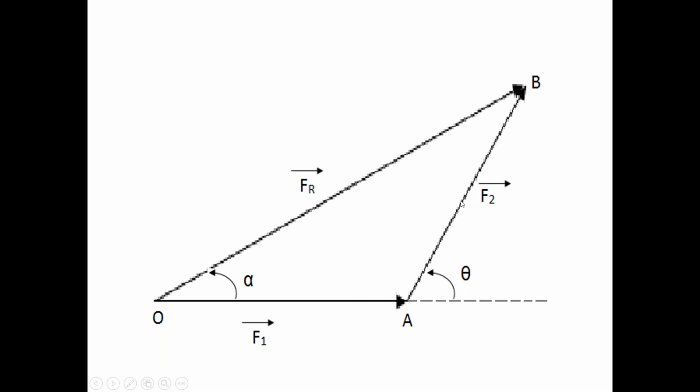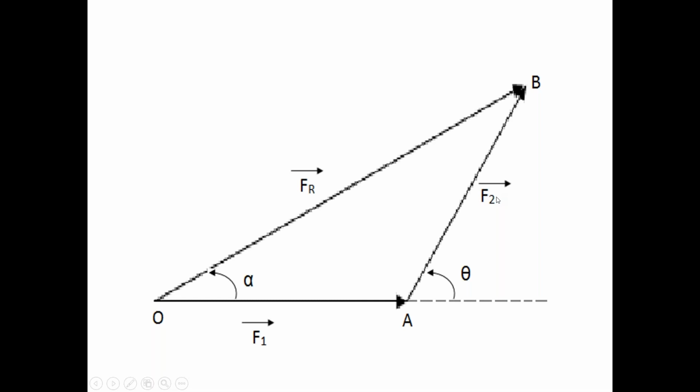On that straight line, select the point B so that the length AB is equivalent to the magnitude of the force F2 bar. If F2 bar is 10 newtons, taking 1 centimeter equal to 1 newton, then this length AB is 10 centimeters. Mark this arrow at point B in the direction of the force F2 bar.